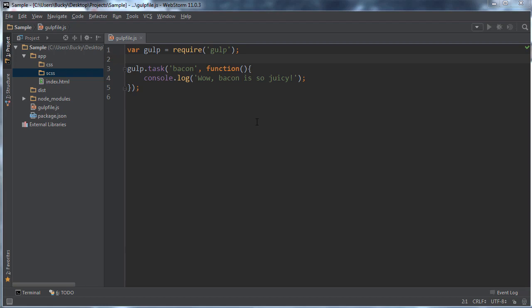We are going to be going over how to convert SCSS to CSS, which is useful for just about everyone, and I also am going to show you guys how to use plugins and how to chain a bunch of